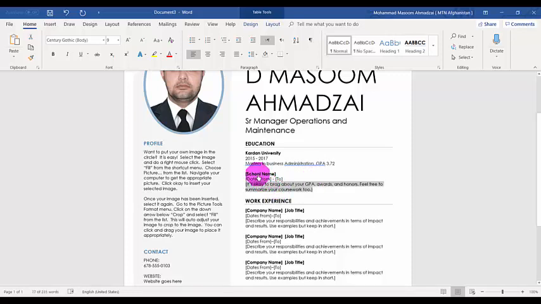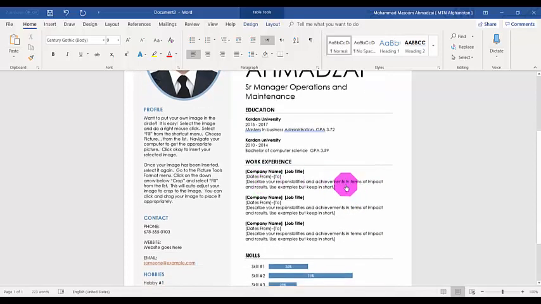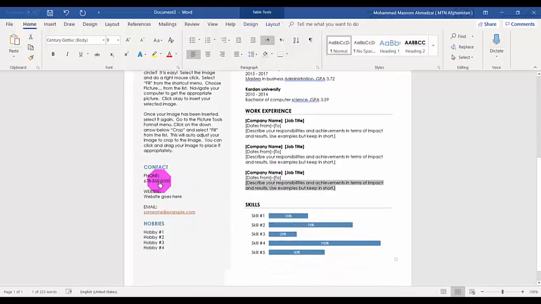So I can put another school name or university name. Let me put Cardan University. So 2010 to 2014. BCS, Bachelor of Computer Science. Computer Science. The GPA of 3.59. So you can put the work experience here, the company name, and the title that you worked, contact numbers,